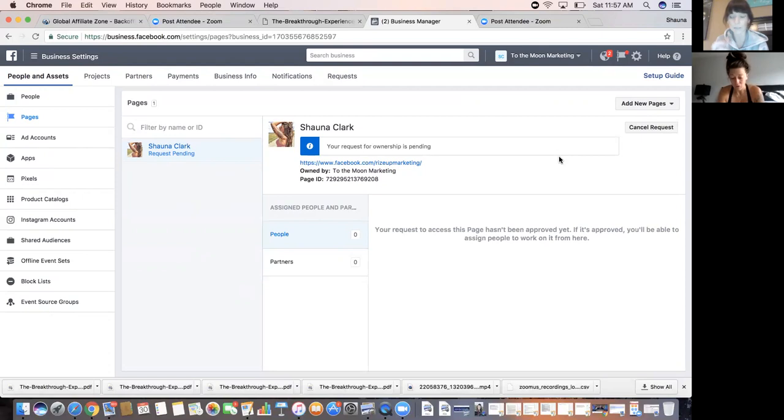I'm just nervous to shut that off for you because if I do, we have to start over, and it's going to be another week. Can you text him and see if there's anything that came up that he can approve? Or has he approved it? Your request to access the page hasn't been approved yet. If it's approved, you'll be able to assign people to work on it from here. Yeah, it should be in there. The other thing you could do,